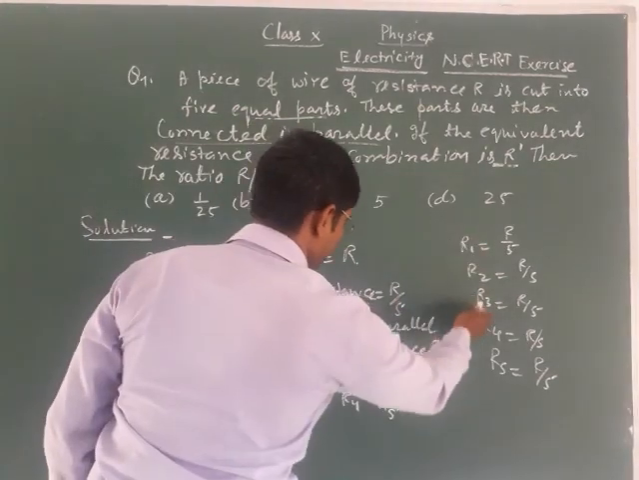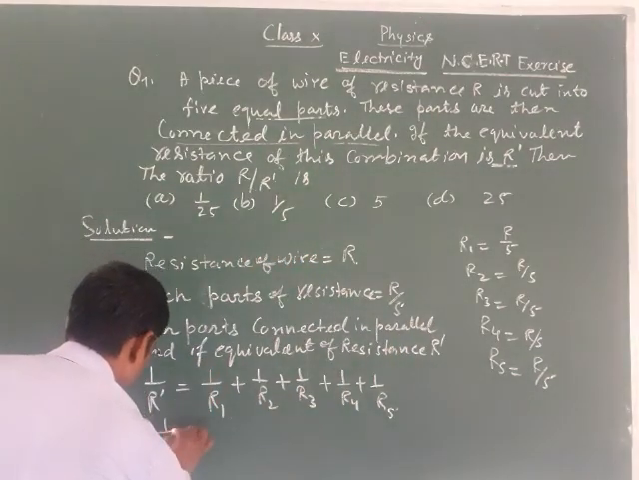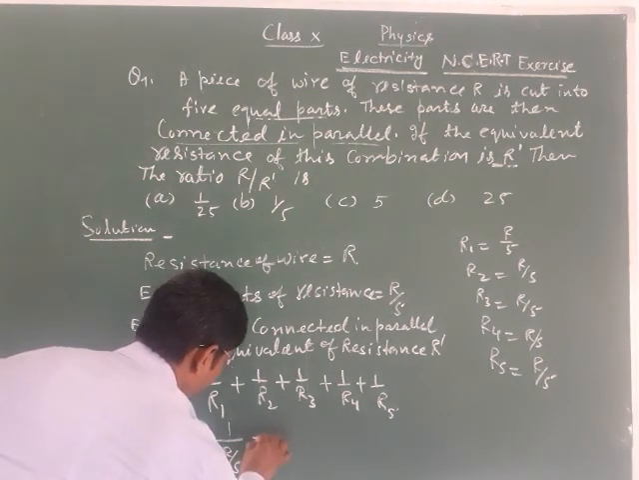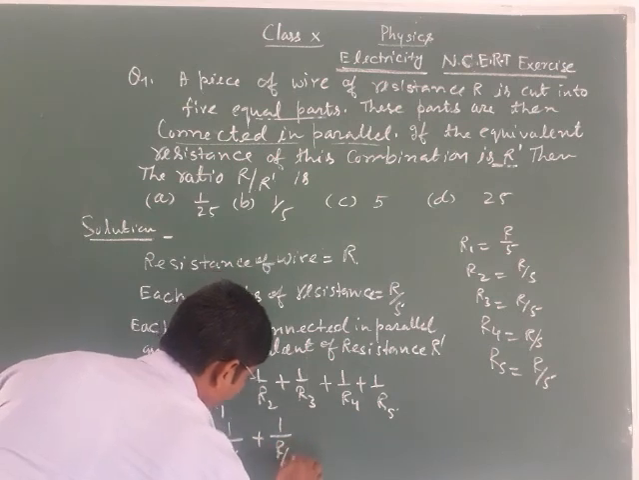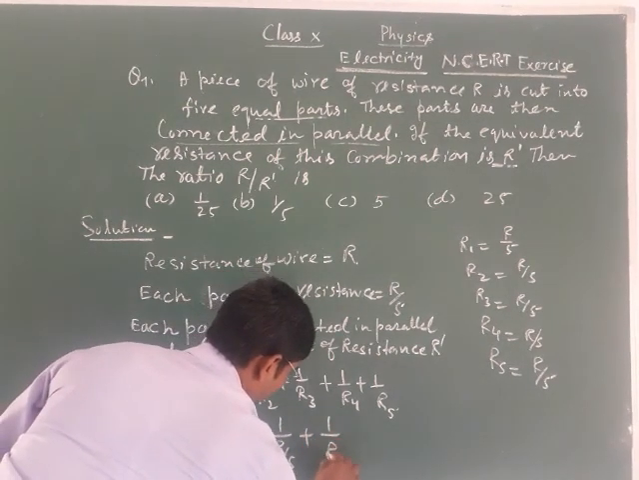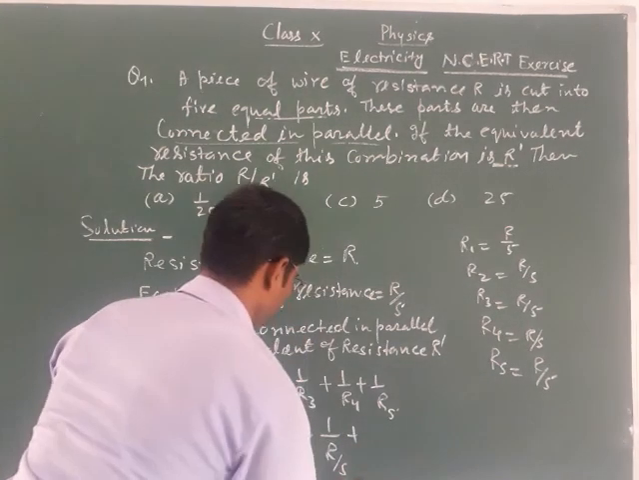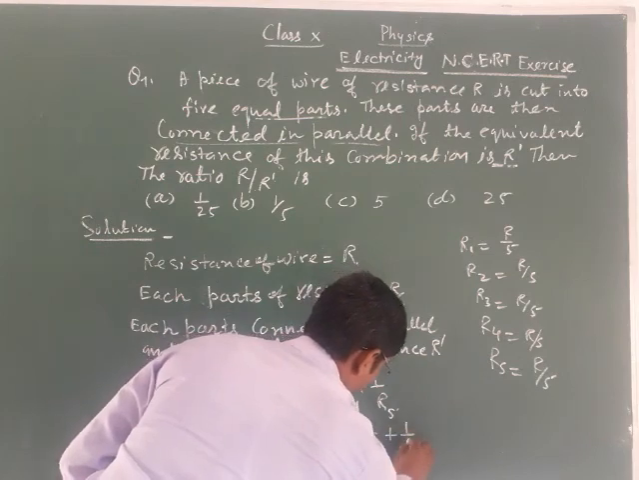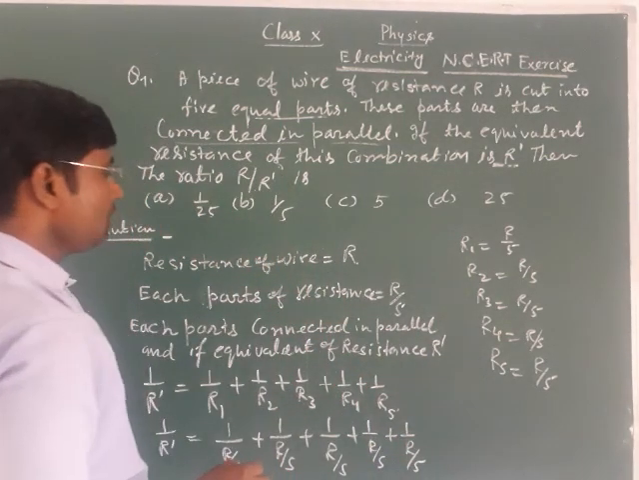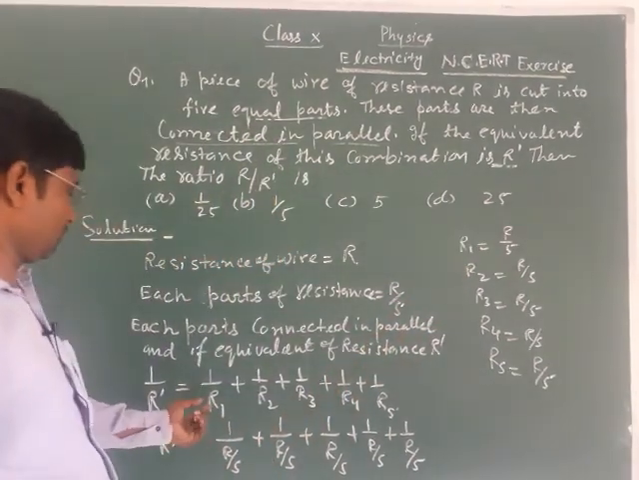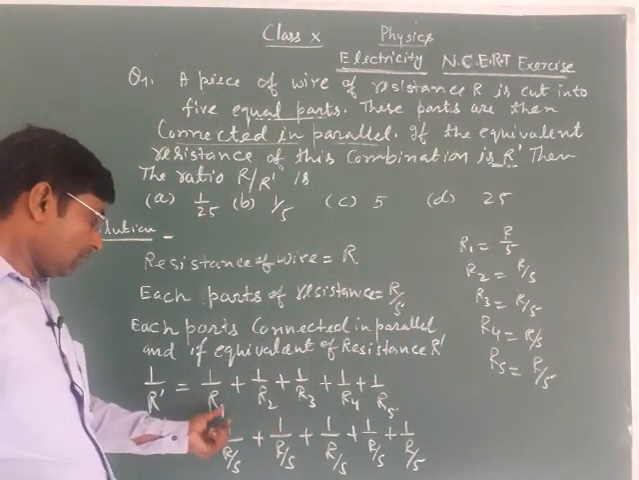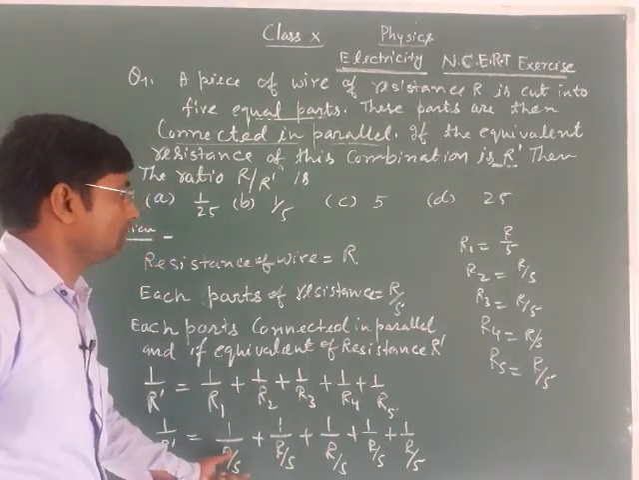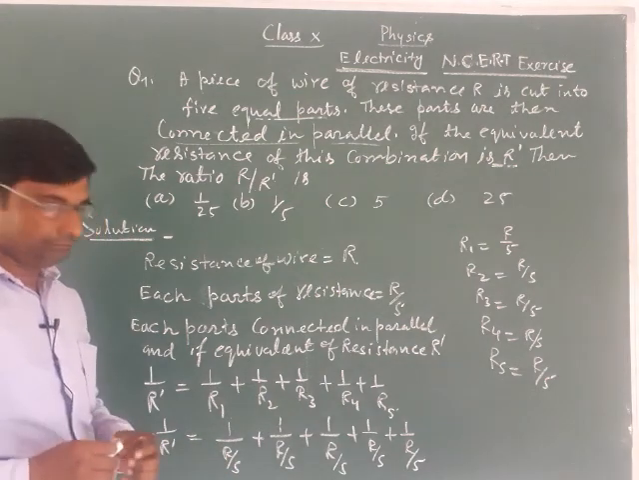Now we put these resistances here. We get 1 upon R dash is equal to 1 upon R upon 5 plus 1 upon R upon 5 plus 1 upon R upon 5 plus 1 upon R upon 5 plus 1 upon R upon 5. सभी रेजिस्टेंस की वैल्यू R1, R2, R3, R4, R5 की जगह पुट कर देते हैं, फिर इसको सॉल्व करते हैं।